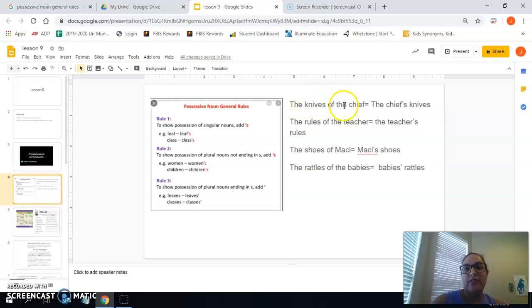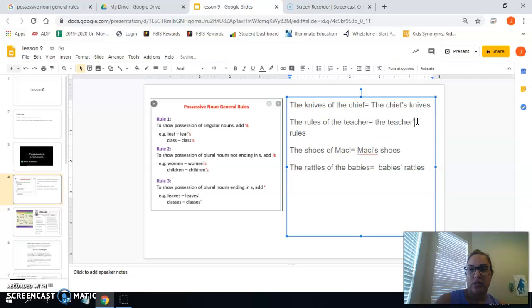So the knife of the chef is the chef's knife. The rule of the teacher is the teacher's. Teacher is by itself singular, so apostrophe S. The shoes of Macy, they're Macy's, so you would put apostrophe S. The rattles of the baby, so because babies is the noun and it's plural, you put the apostrophe at the